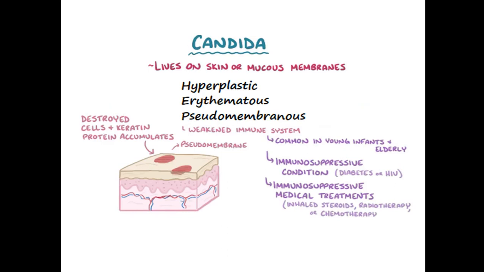Now what happens when the candida becomes pathogenic? Normally it lives on skin and mucous membranes, and when it infects the skin or mucous membrane, it can give rise to three types of lesions. These are the hyperplastic type, in which the tissue becomes hyperplastic; the erythematous type, which is characterized by a large number of blood vessels and a red lesion; and the pseudomembranous type, with the formation of a false membrane. In the oral cavity, which type of infection occurs? Pseudomembranous type.